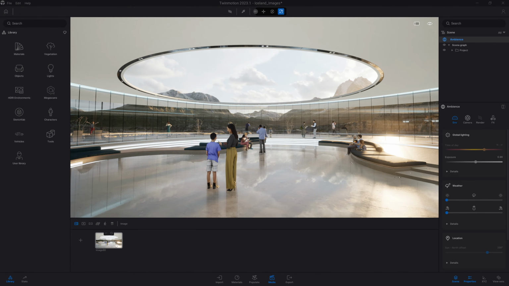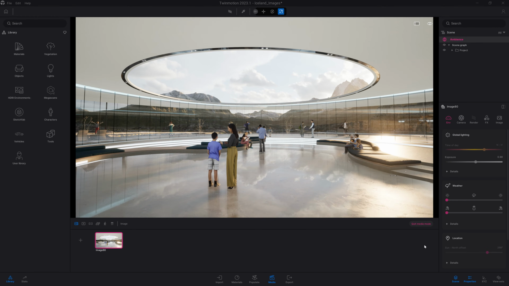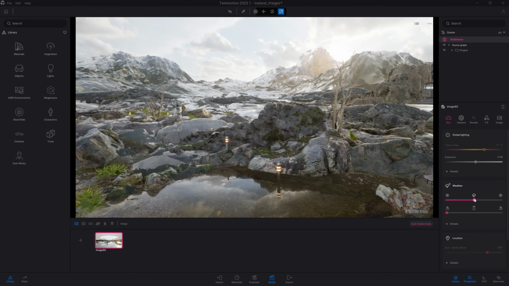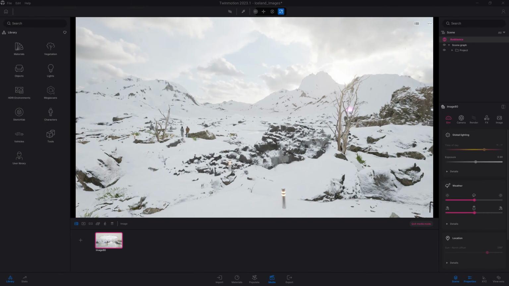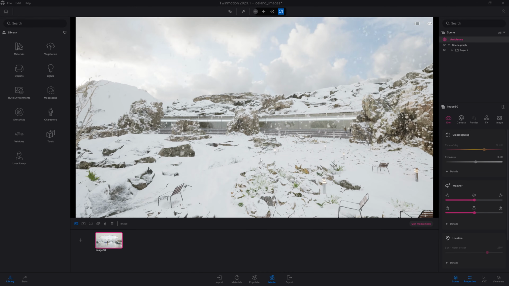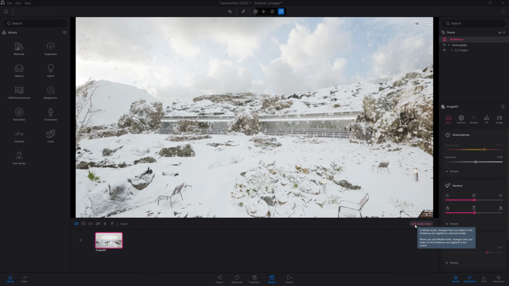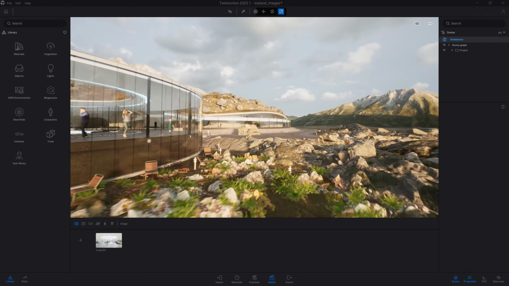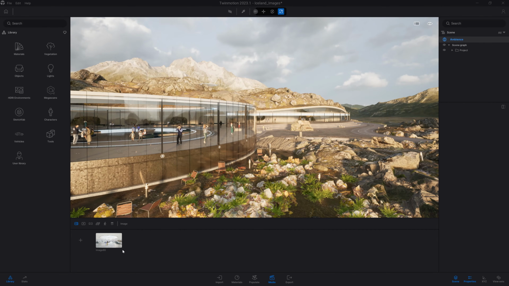It's really important because when you are in a media, the changes that you are doing here are only applied to that specific media. So for example, let's just head quickly outside here. I'm going to turn to winter with some snow particles. So here we completely change the environment of our project, but this is happening only on that specific media. If I click on Quit Media Mode, it won't be affected in my overall scene. Only that first image will be in winter now.